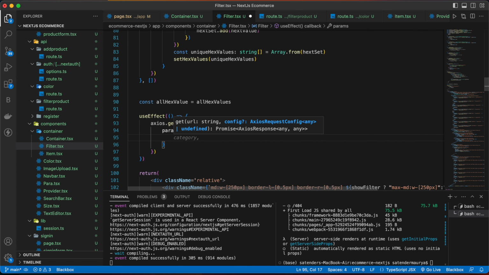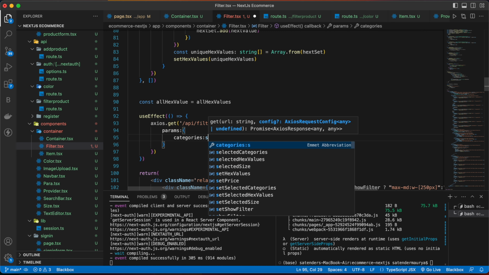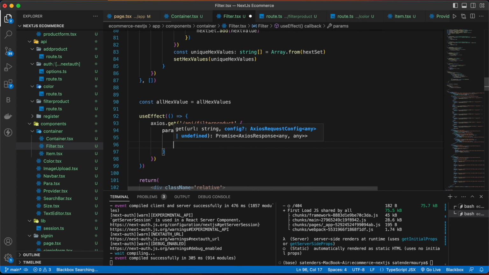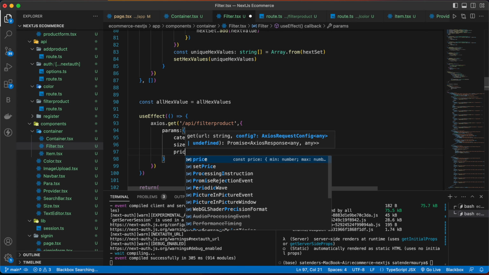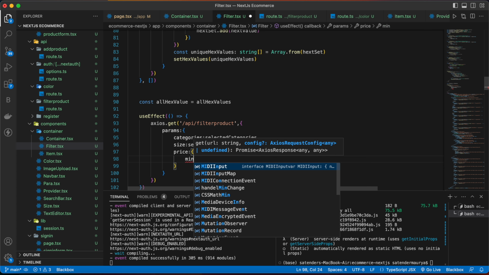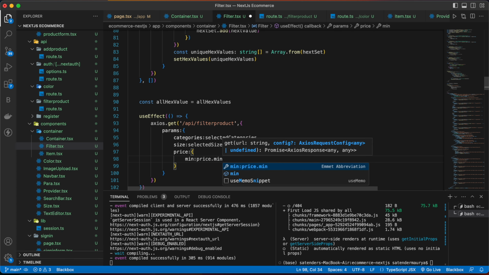Then we are going to provide the data in the form of params. Inside the params, first we are going to give categories, which will be selected categories. Then size, which will be selected size. Then price, in which we are going to have min price, so price.min.